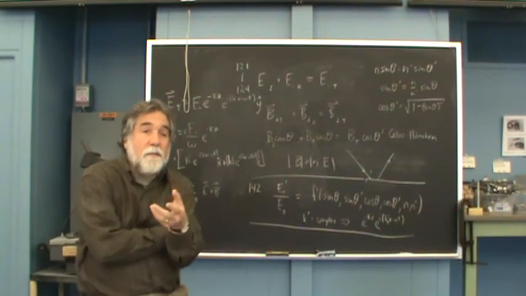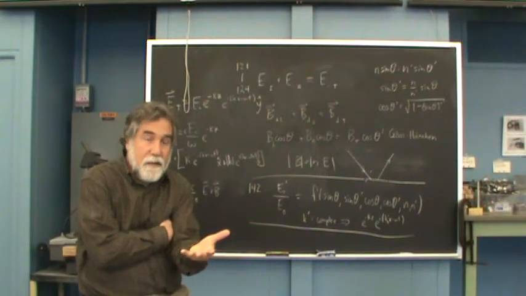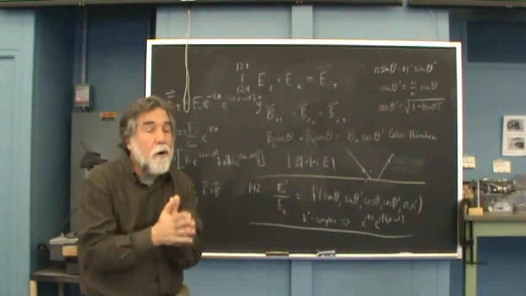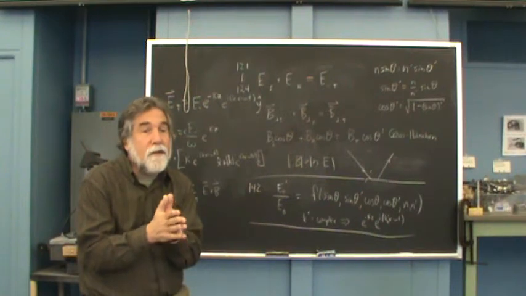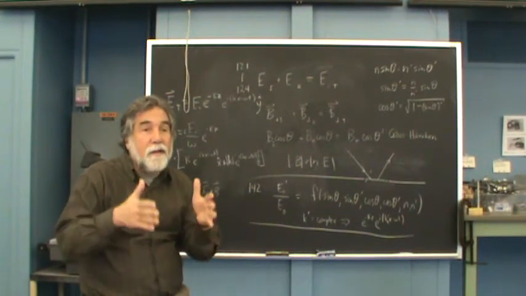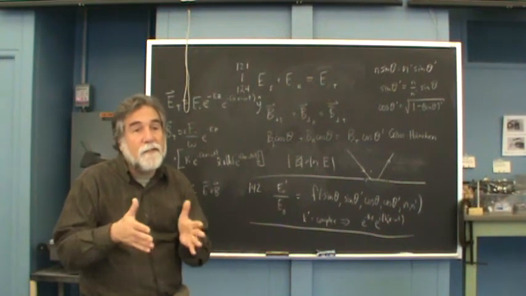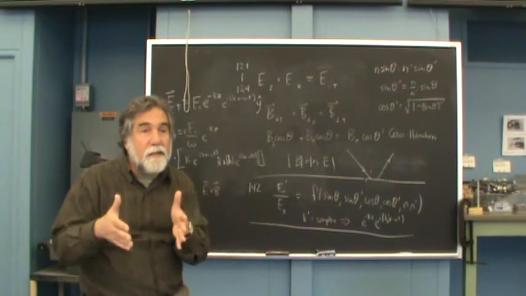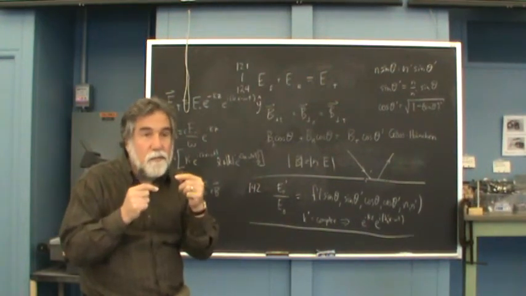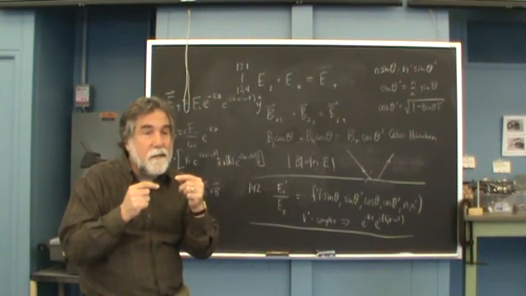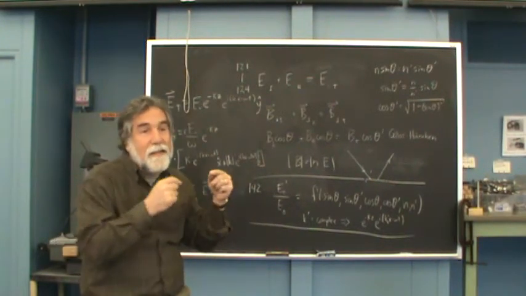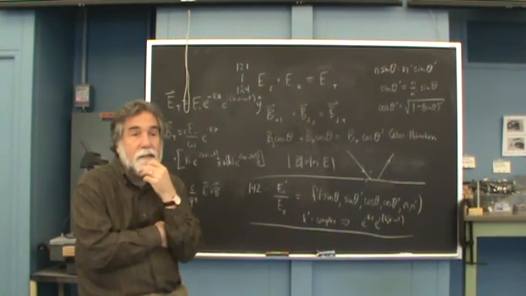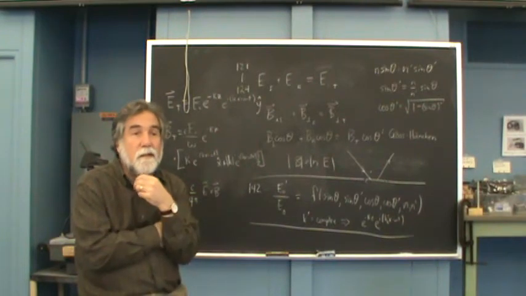Either by logical argument from his argument, all right? So he's made his argument for p polarization, and the argument goes in parallel, but there are a few switches for s polarization. So you go through the p polarization argument and then say, okay, wait a minute. I see he used these two conditions here, and that led to this relationship for the electric fields, and for the magnetic fields,